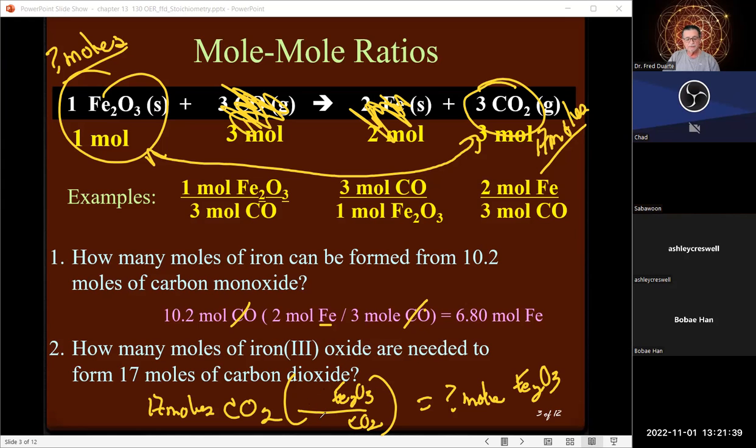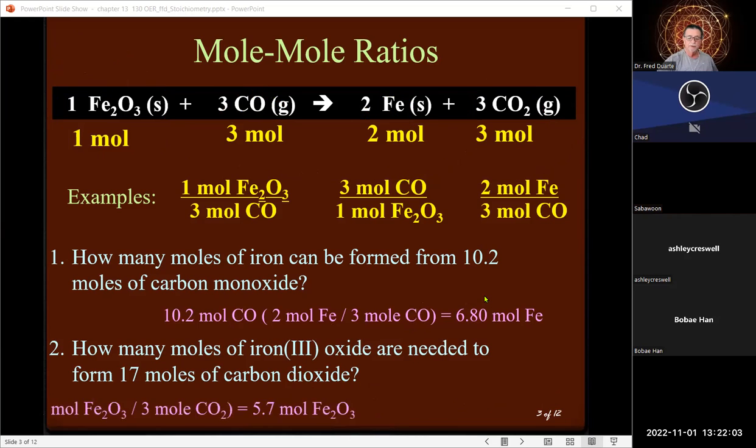And so carbon dioxide is 3, iron(III) oxide is 1. So it's a 1:3 ratio, okay? My carbon dioxides cancel out. My units of iron(III) oxide remain. I have it set up properly. Now it's up to you to do the math in your calculator. Okay, and it should come up with